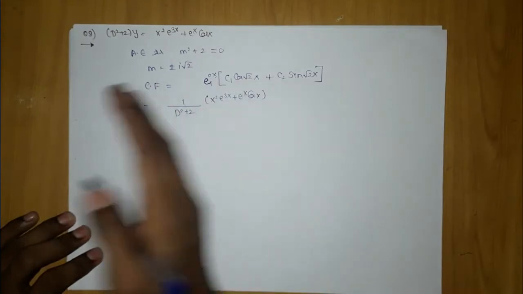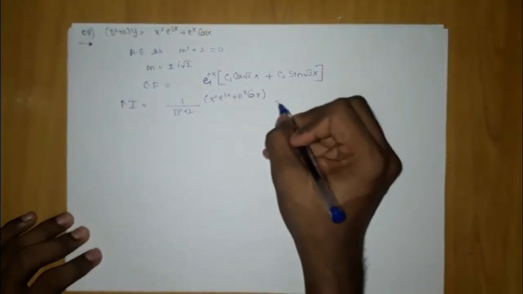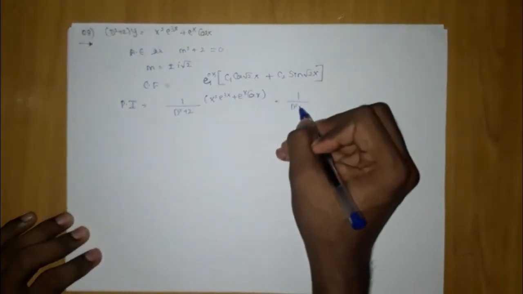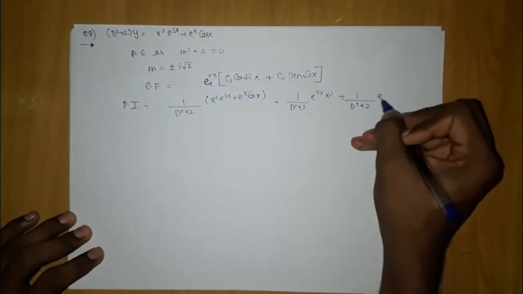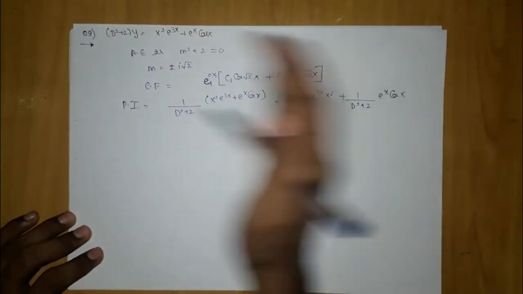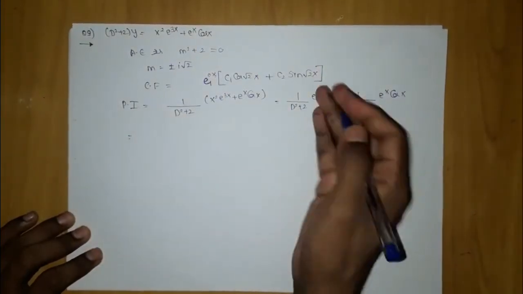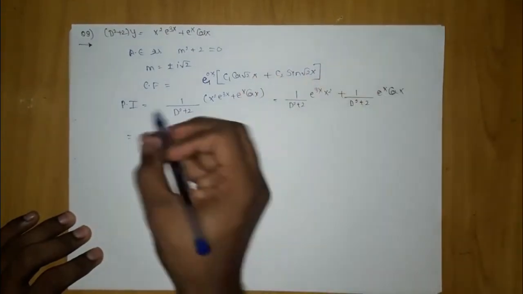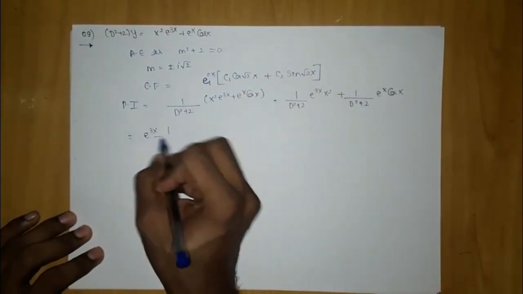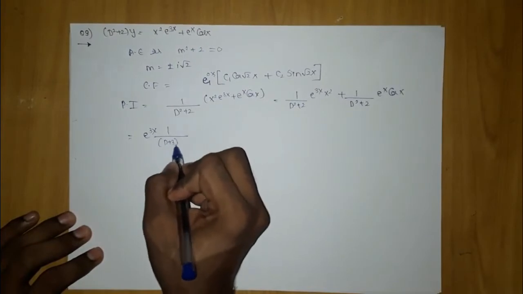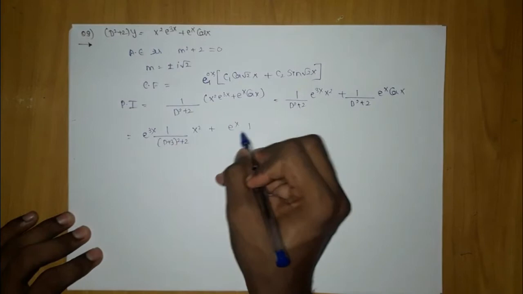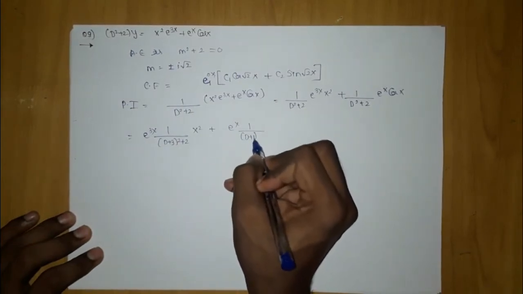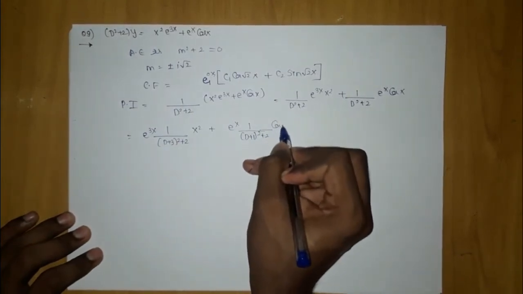The first step is to multiply this f of D with each of them. So 1 by D square plus 2 into e to the power 3x x square, plus 1 by D square plus 2 into e to the power x cos x. In both of them, shift e to the power 3x to this side, and e to the power x to this side. So e to the power 3x, when you shift it, will be D plus 3 the whole square plus 2 into x square, and shifting e to the power x, it will be D plus 1 the whole square plus 2 into cos x.